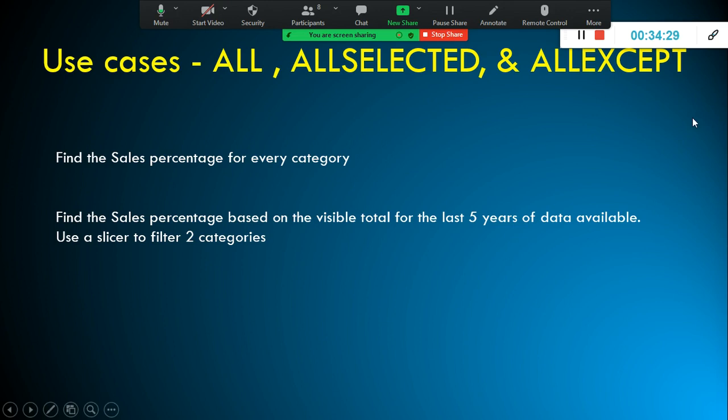ALLEXCEPT removes all filters except the column which you specified. That is the difference between these three. And I did not mention REMOVEFILTERS; it is more or less similar to your ALL.